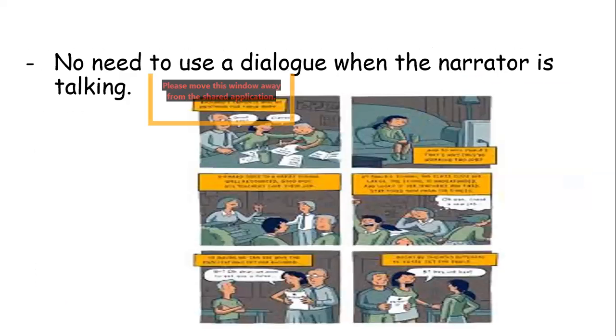Sometimes we may have a narrator. When we have a narrator box, it will be like this. Look at this yellow box. Okay, there is no arrow, so no one is saying this line. Here, there is no arrow. No one is saying this line. There's an arrow for the old man and an arrow for this woman. And here, no. So who will be saying this? The narrator. Okay?